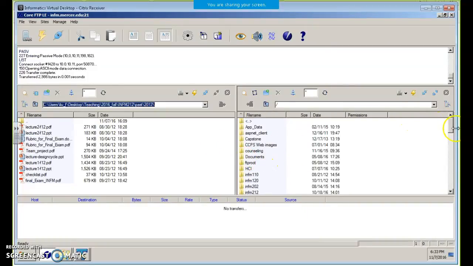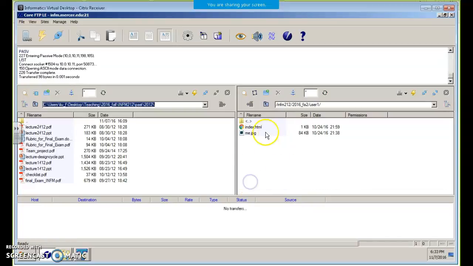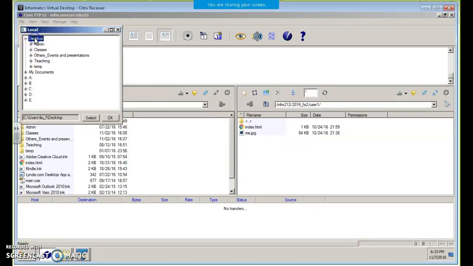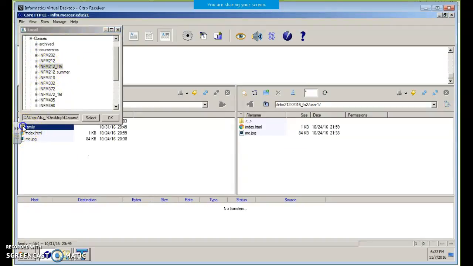Good. I see my site is right here, 212, then 1642, and my user is user one. Oh, I didn't even upload that to the server. So I'm going to find that file. You guys are ahead of me, so you already have that folder there. I'm going to drag the family